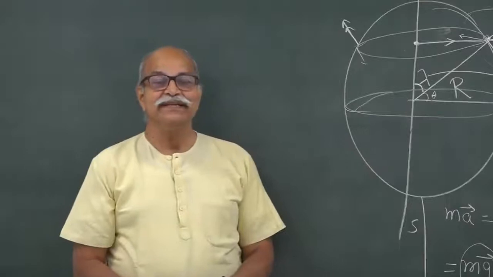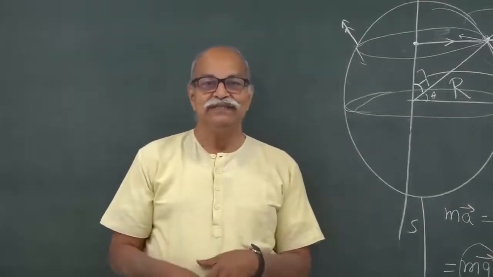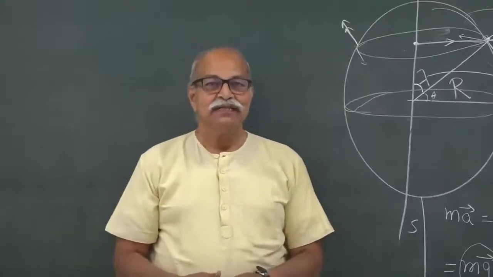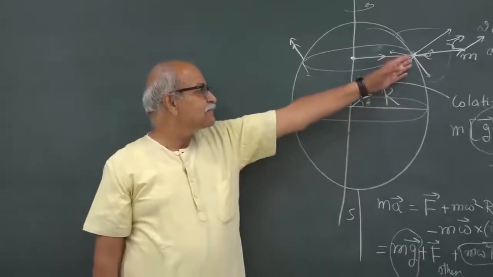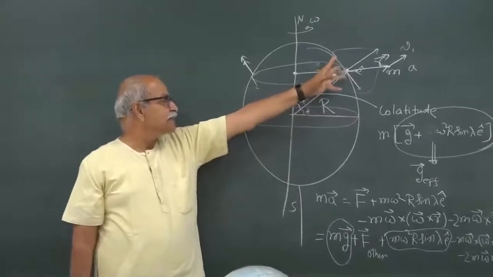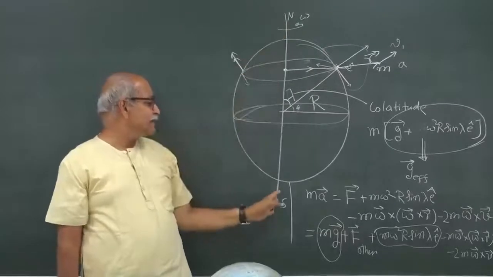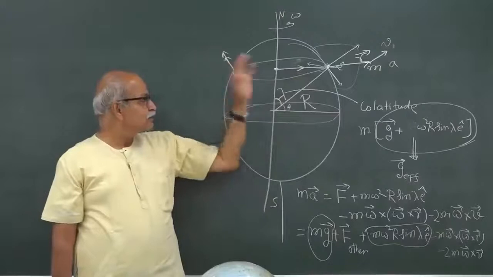So, we were discussing frames of reference that we normally use at the surface of the earth, like our laboratory and so on. So, we place our origin on the surface and then put up x, y, z axes. Now, this axis system rotates with respect to this NS line, which is the north pole south pole line about which this earth is rotating.